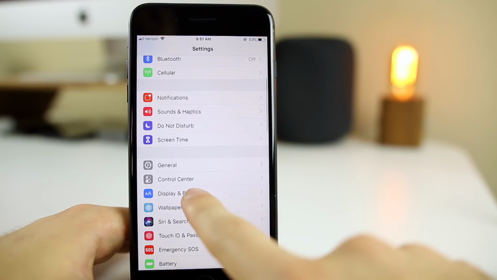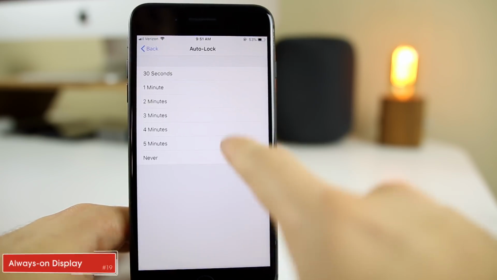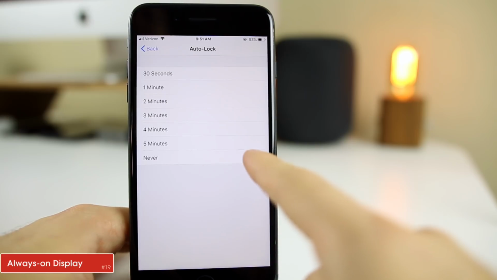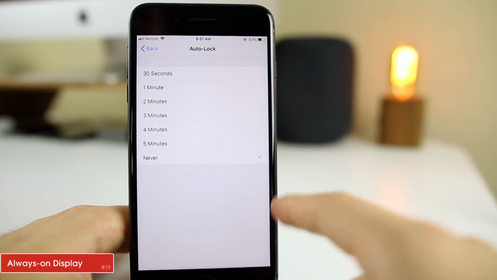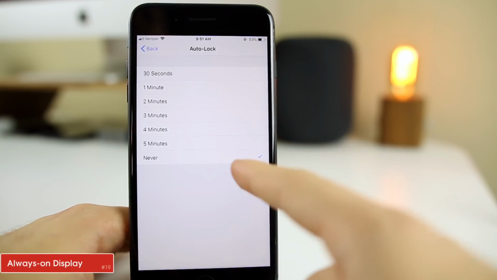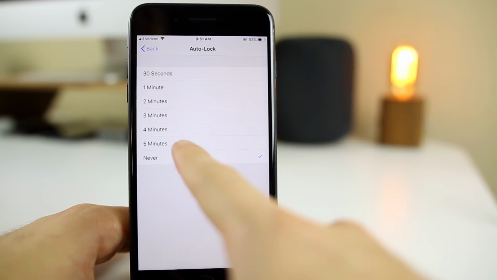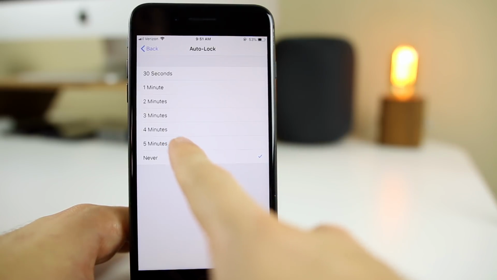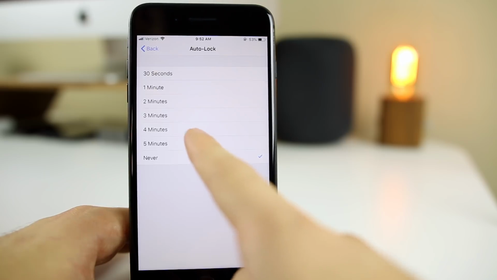If we go into our settings, display and brightness, auto lock, we want to turn auto lock to never. So I use never just because I know I'm always going to lock my phone. I'm never going to leave my phone unlocked. But if you do think that you're going to leave your phone unlocked, at least have it on 5 minutes at the lowest. I mean, that is the maximum you can do here,